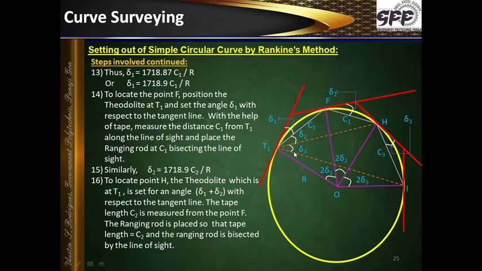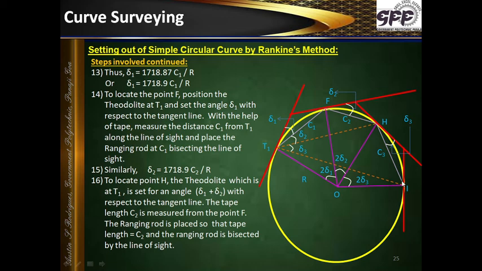So another delta 3, I add to delta 1 and delta 2. So my telescope is looking in this direction. And from the point H, I pull the chain and I hold the ranging rod at the point I in such a manner that from T1, through the telescope, I can see the point I, and from H it stands at the end of the chain. This is the way I go on choosing and marking all the points.